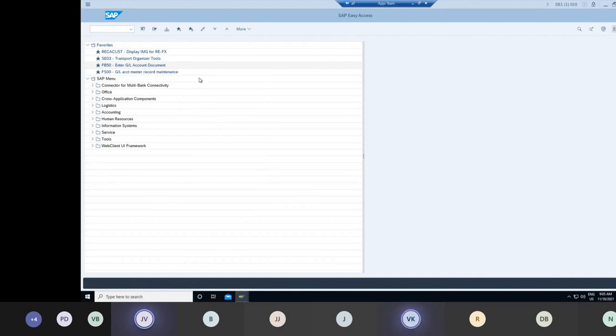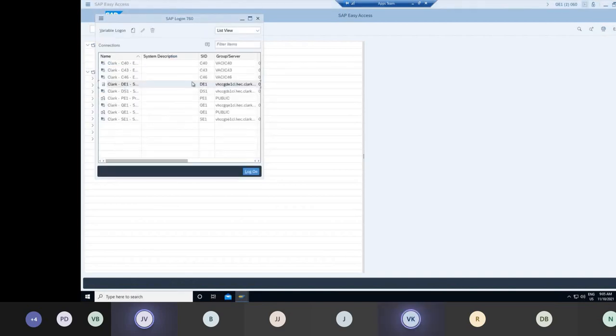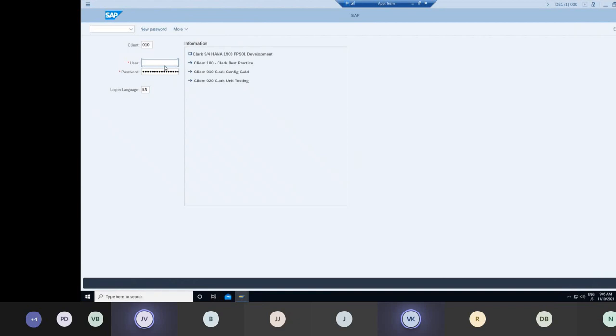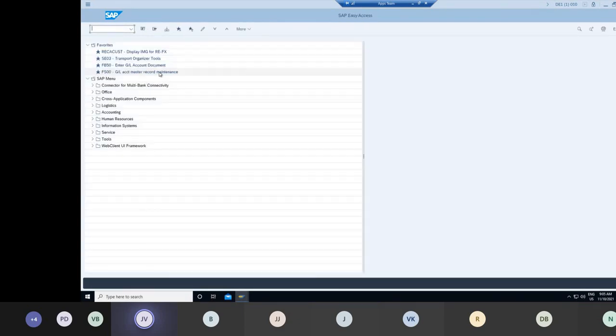So let me log in. I will show it. Ideally, your first instance to get started would be the golden client, where you will do the actual configuration. Once you're done with the configuration, you will move that to the test or to the dev instance. You will transport those changes to the dev. Right now I'm logged into 010. This is my golden client. If I go to,